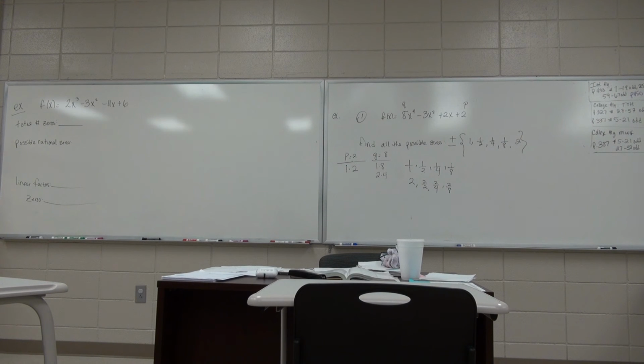Are we ready? What's the total number of zeros this is going to have? 3. Possible zeros. What's my P in this problem? 6. My factors are 1 times 6, 2 times 3. What's my Q in this problem? 2. So my factors are 1 times 2. So my possible rational zeros is plus or minus